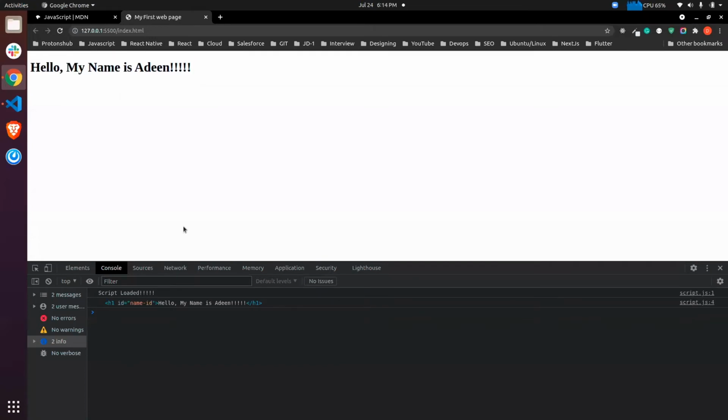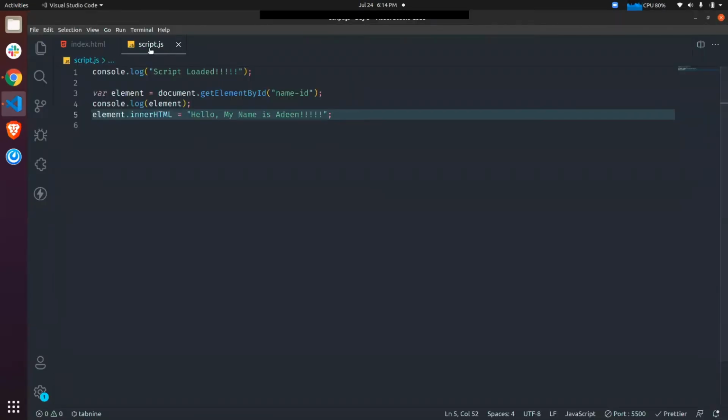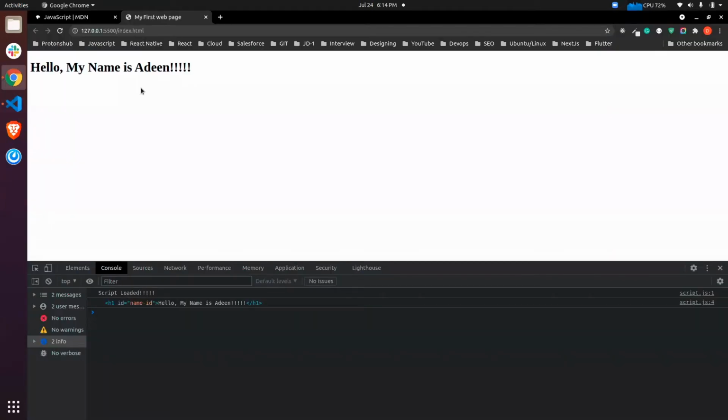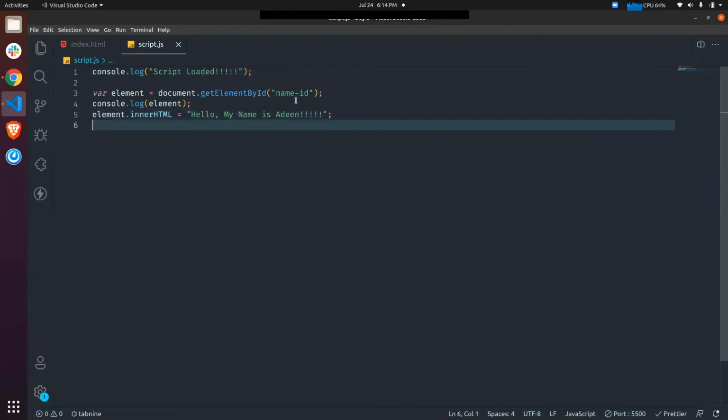So I haven't changed my HTML. I haven't gone through my HTML. I am doing it with JavaScript. I am manipulating my document, my HTML, just using JavaScript, nothing else. So this is how JavaScript works. This is the beauty of JavaScript. You don't have to do anything with the HTML. You can do it dynamically using a script, using a JS file. So this is one of the methods to manipulate the inner HTML. This is HTML, we have to manipulate it, so we'll write inner HTML.